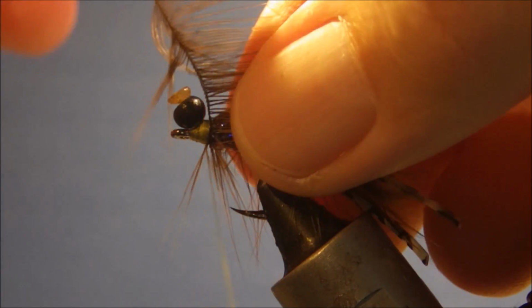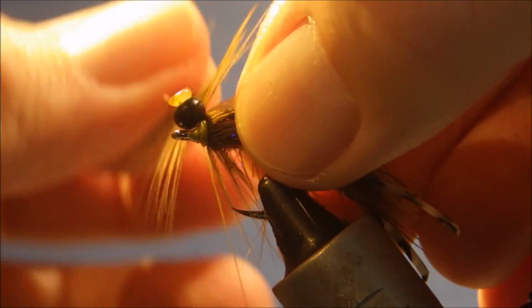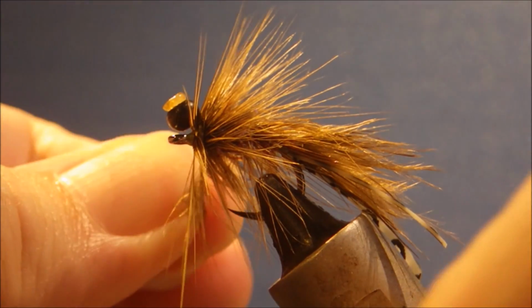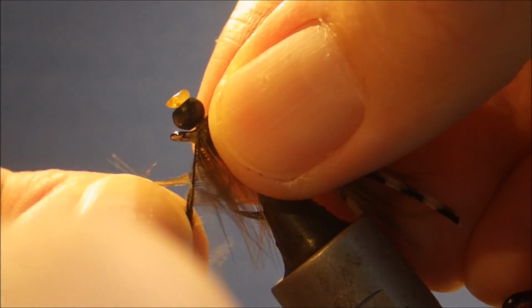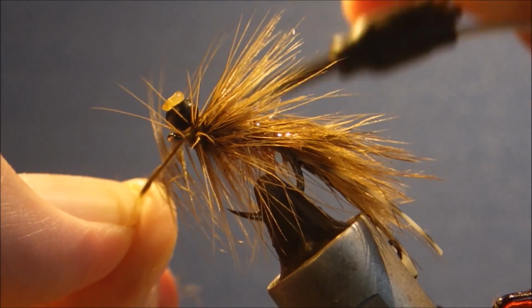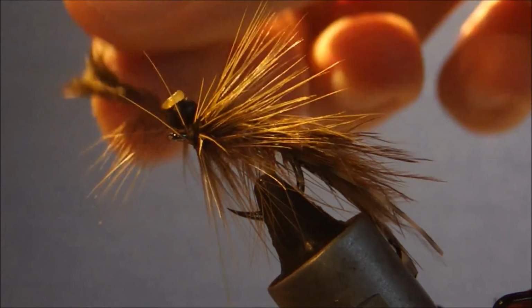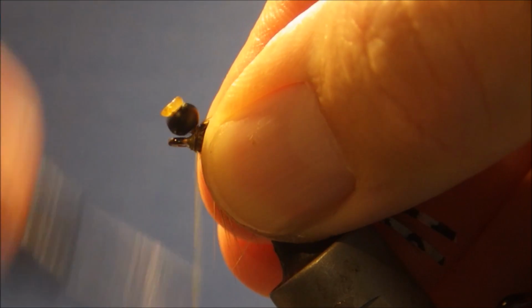Then I'll just double it as I go, just fold the Hackle over, one turn in front of the other, right up to behind that bead. And then come across your thread, put a bend in the stem, 90 degrees, so you don't trap Hackle fibre. You're just tying the stem, and fold it 2 turns and fold it back, tie over the top, get it locked in nice and secure,